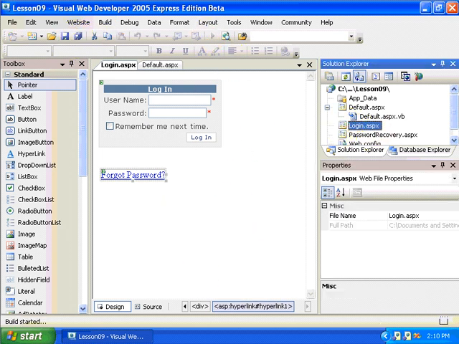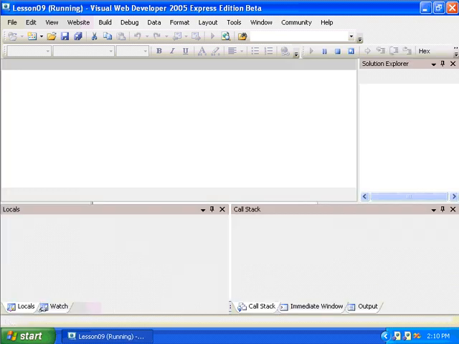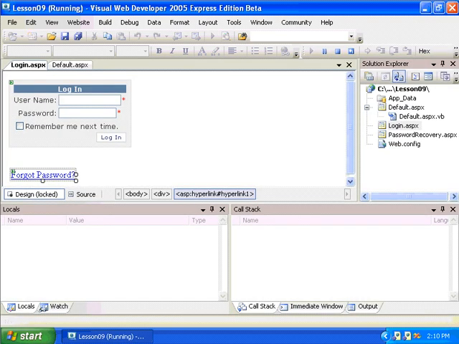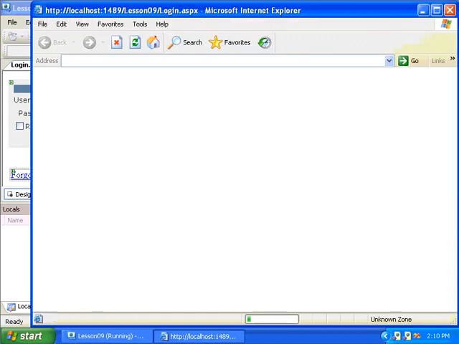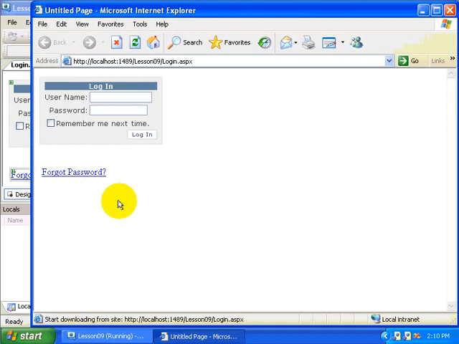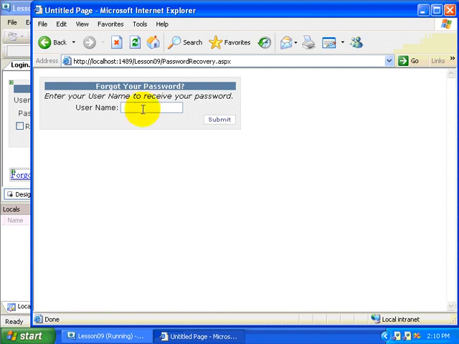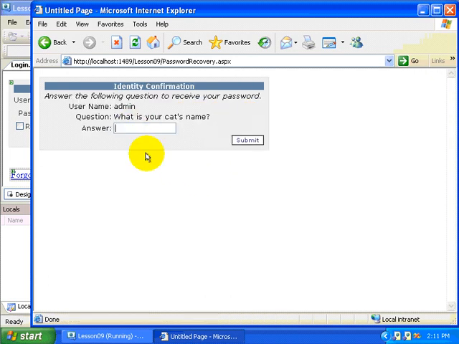Now, I'm not going to fully exercise this because I have not set up the email options for my particular machine. So basically what we can do though, or rather admin, it'll ask me for my cat's name. We'll just put in a fake name here, Bob, and see what happens. It'll tell us that the answer cannot be verified. Please try again. This time I'm going to put in Kitty, and whenever I hit submit, we're going to get